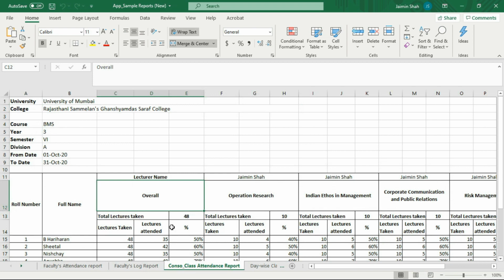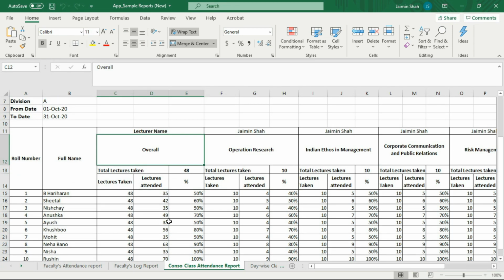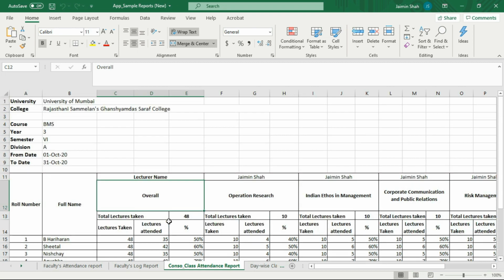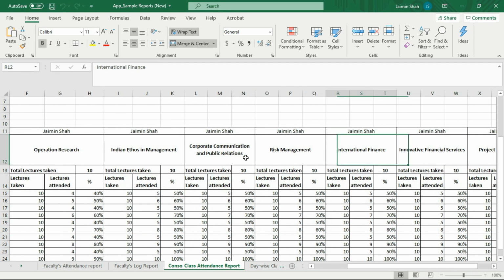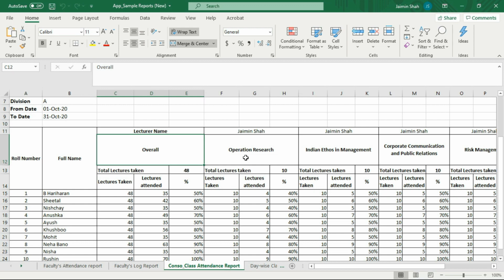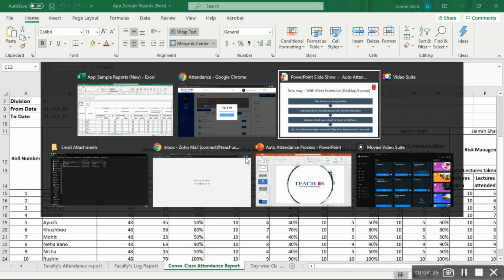Now this is the most important report, which is the merger of all the lectures of your particular subject and the merger of all the subjects of the entire class. For example, if this class is TYBMS and these are the subjects that are being taught, there is nothing like you need to merge attendance of all the subjects. It will be automated. Automation means the overall report consists of everything, like how many subjects there are, and the total of all these subjects will sum up to this overall report. So you'll have a final report with you regarding all the students, showing the percentage of attendance that they have in that particular month. So this is how it is going to be.